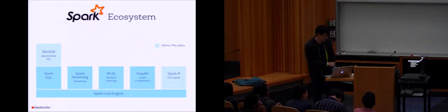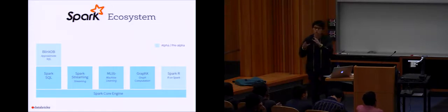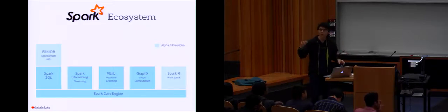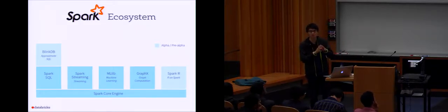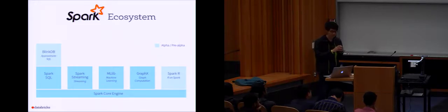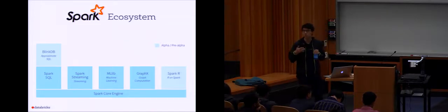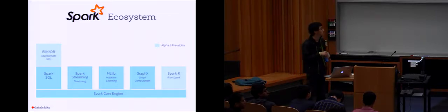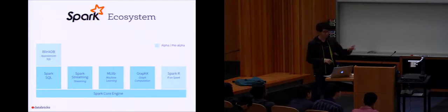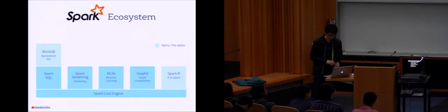So Spark was designed initially to address two things: one is programmability, the other is performance. Over time, we started seeing different frameworks and libraries developed on top of Spark. Spark SQL is a SQL engine on top of Spark. It's like Hive, except it compiles SQL to Spark. There's a streaming engine for real-time analysis of data, so as your data is coming in, you can make decisions directly. There's a machine learning library and a graph computation engine. And as of last night, SparkR is merged into Spark. There's all this stuff.